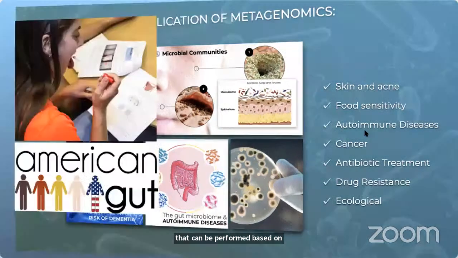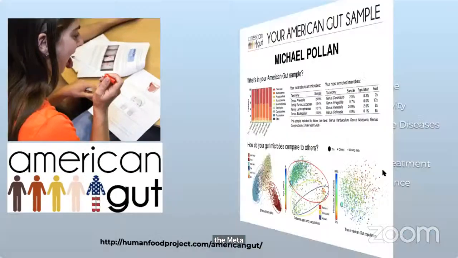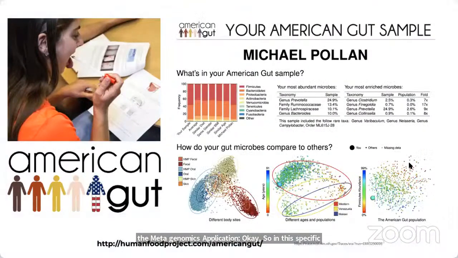So in this specific program, you will learn to find the data. You will learn to analyze the data from repositories like the Human Microbiome Project and NCBI, and generally obtain data sets, including data sets from the American Gut Project and so on, that we will also talk about.